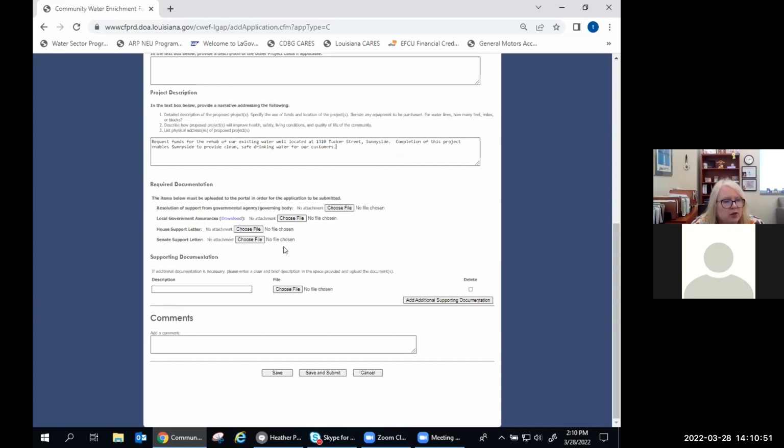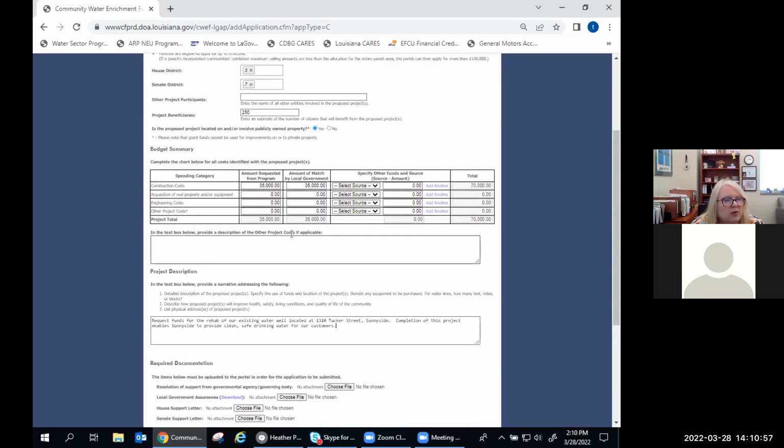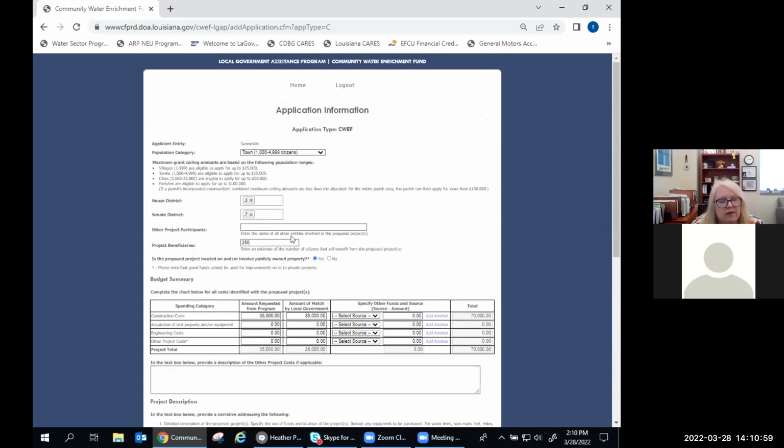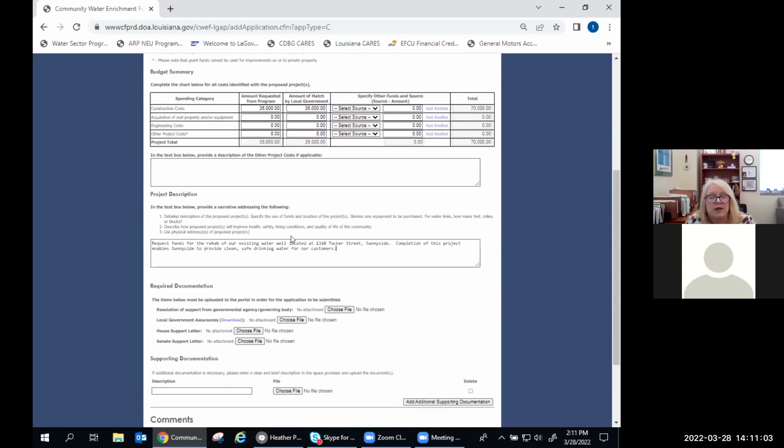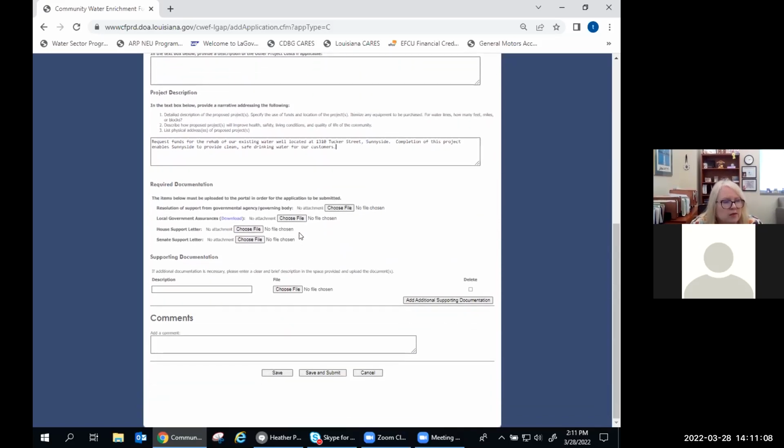So these are the items that you're going to have to upload into the portal in order to be submitted. Now, I've already completed several tasks here, and I've been working in the system. And I want to make sure that the system doesn't time out because I've been working on it for a few minutes. So I'm going to go ahead and scroll down to the bottom, and you see we have choices: